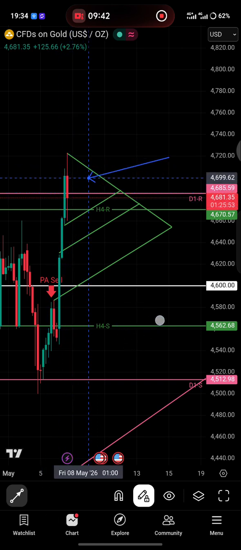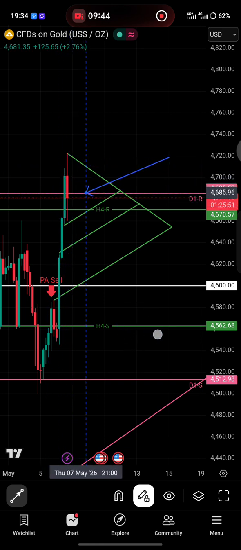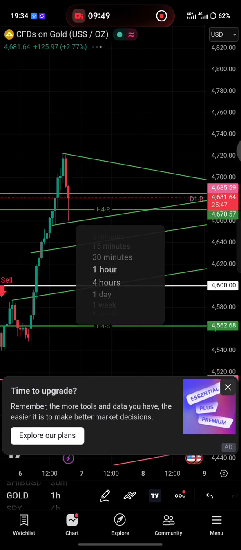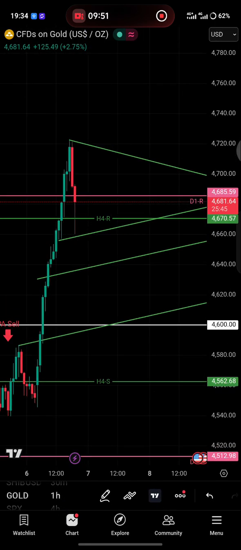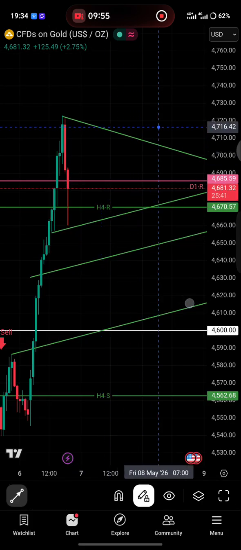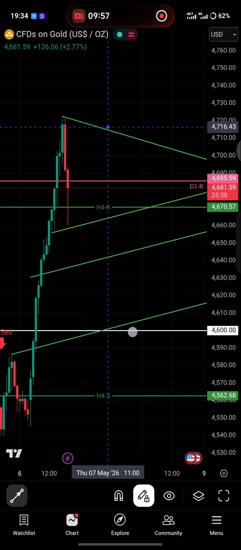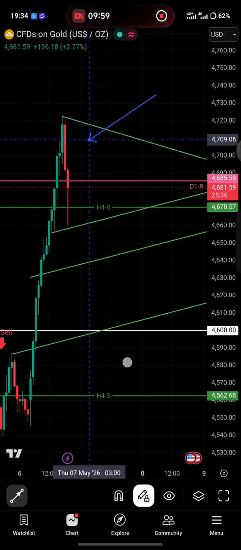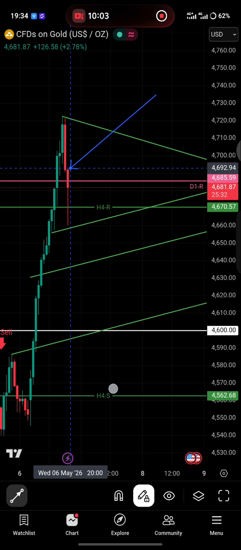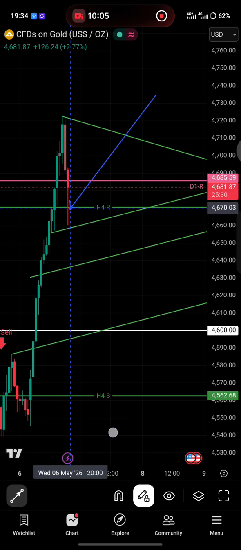So we wait for this candle to close, but if you are still impatient and not willing to wait, then we'll go lower down to the 1 hour time frame. As we can see, the 1 hour time frame has already broken below once, after forming a bearish price action. The next 1 hour candle has already broken below once